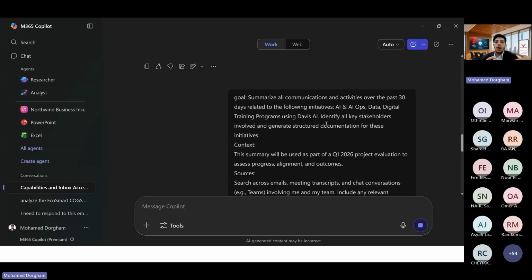Now, let me also highlight another important piece of information. I mentioned the duration here. You can also mention the duration based on the project you've been working on. Also, you have to mention the project name, maybe a project related to Q1 or Q2. You can also mention some keywords, if you already remember the project name.